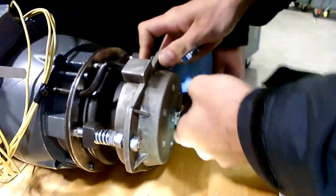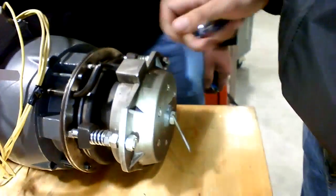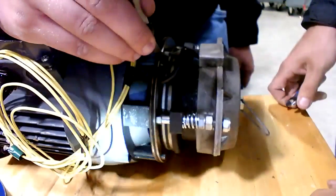So when it's in there like that, what that does is it simulates putting power on that coil, and it will pull against the springs there. And now,